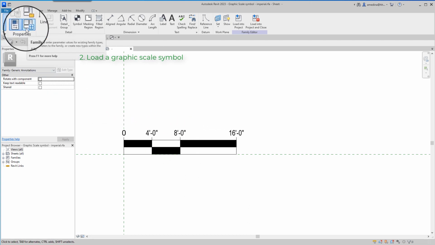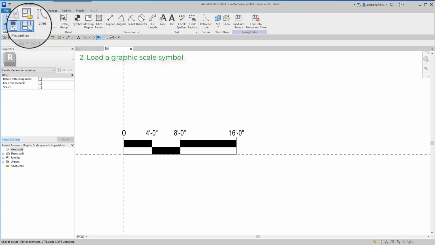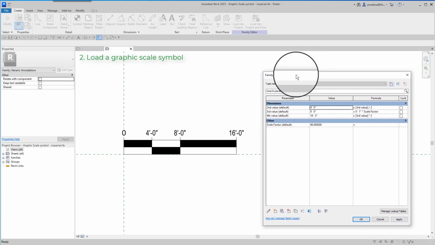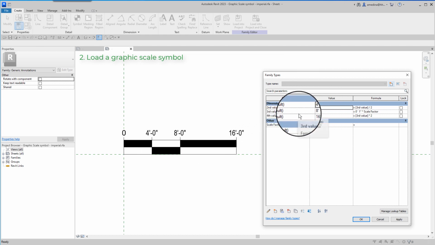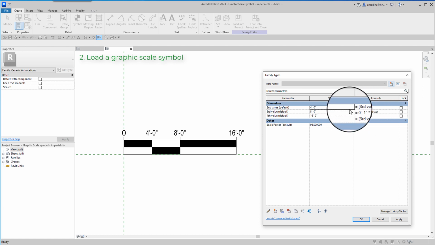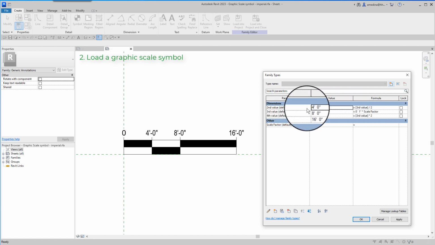If you watched the previous video, you might remember that this family works with 3 length parameters and 1 scale factor parameter. Because this is already working, I don't need to care about these 3 values.